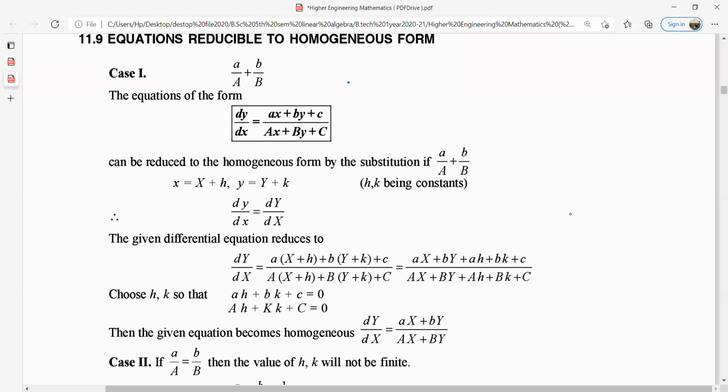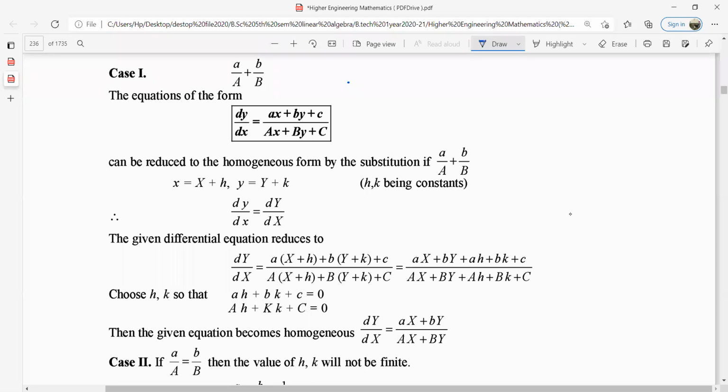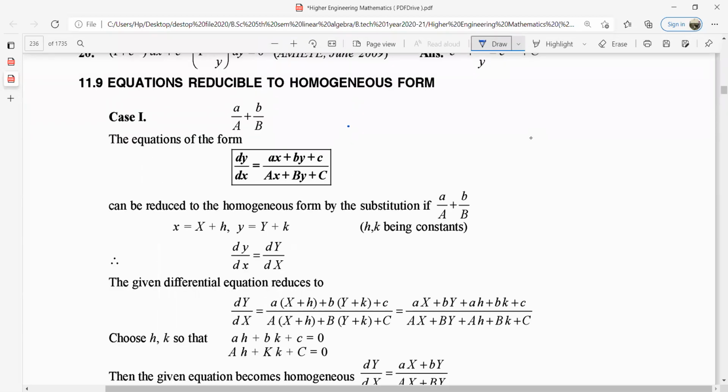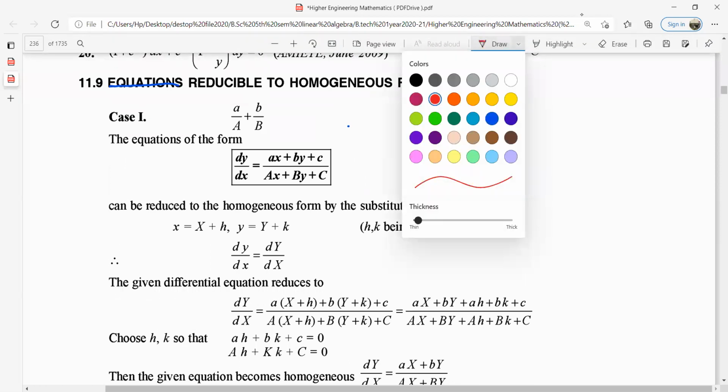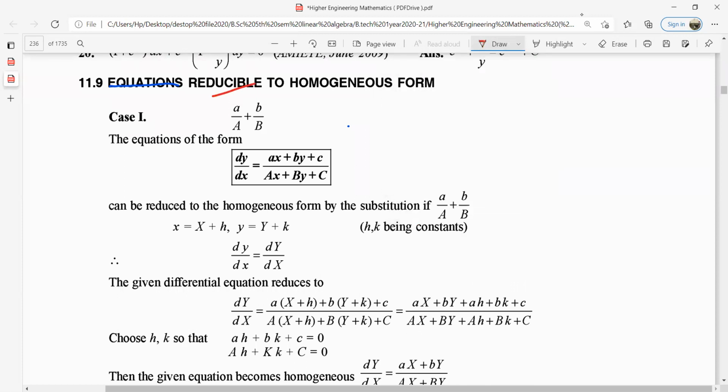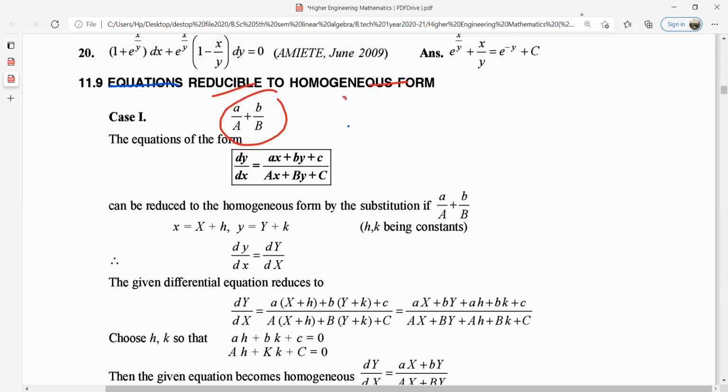तो जो हमारा यस्टरडे जो टॉपिक हमारा जो लेक्चर स्टार्ट हुआ था, वो स्टार्ट हुआ था इक्वेशन रिड्यूसिबल टू होमोजेनियस फॉर्म। तो यहाँ पे एक्चुअल में ये गलत मेंशन हुआ है। इसका मतलब होता है यदि a बाई कैपिटल A इज नॉट इक्वल टू b बाई कैपिटल B, then this is your first case. In this case, we have to proceed in this manner.